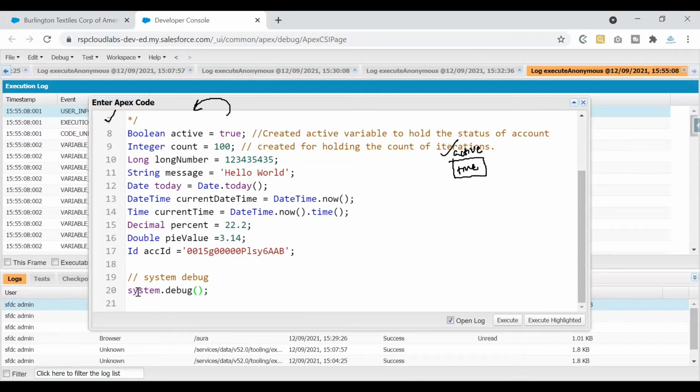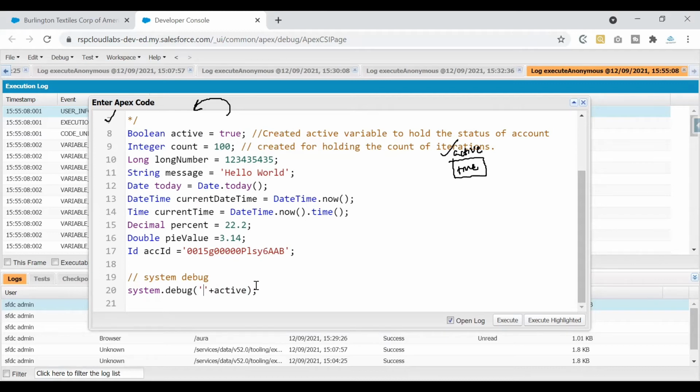You can write the variable that you want to print. I wanted to understand what the value of this active variable is at line number 20. So I've written this. In order for me to understand what exactly this active is, I'm adding some extra information: a text attached to the variable.